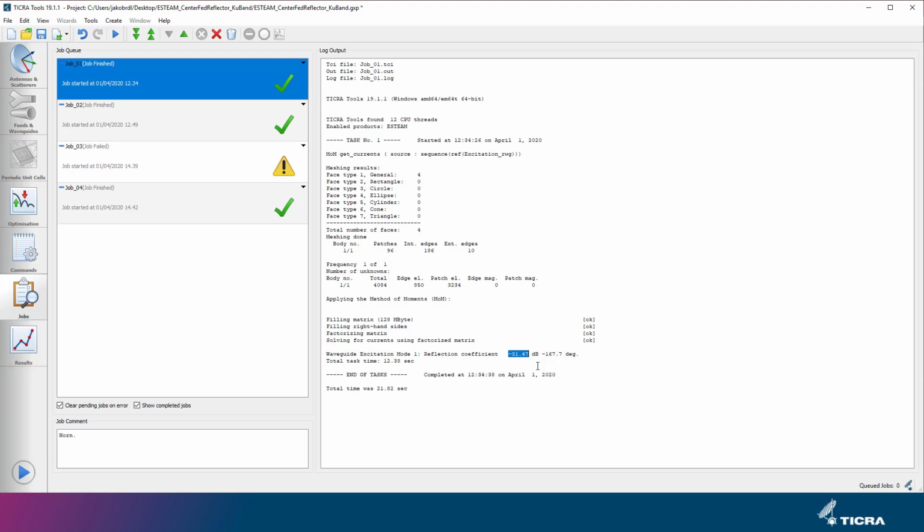Of course, here we're considering a center-fed configuration where the reflection coefficient is very strongly degraded due to the reflector, much more than if it was a less compact and offset design. But nevertheless, with STEAM, we can quantify the effect of different parts of the antenna geometry and get this information.